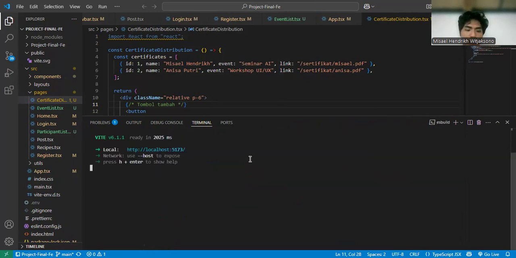I want to show the UI, my website UI. Now we log in. I use my name, my email account, and now sign in.